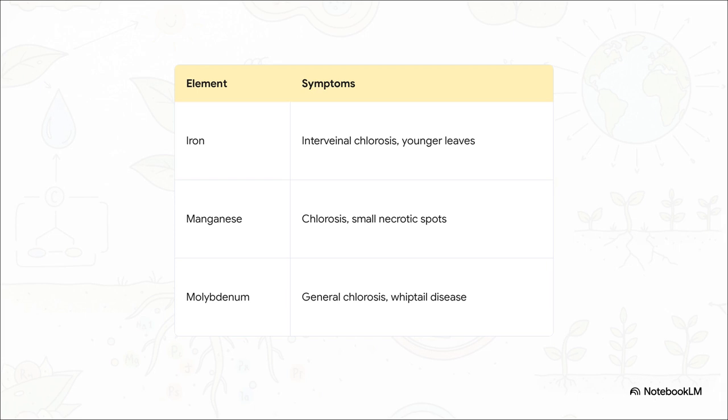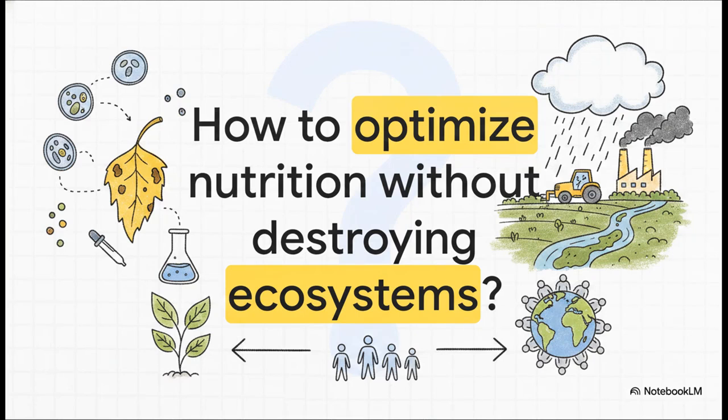Missing manganese brings small necrotic spots alongside that yellowing. And remember that tiny trace amount of molybdenum we talked about earlier? Well, missing that fraction of a percent can cause this bizarre twisting of the foliage known in some plants as whiptail disease. To wrap up this explainer, I really want to leave you with a provocative question that connects all